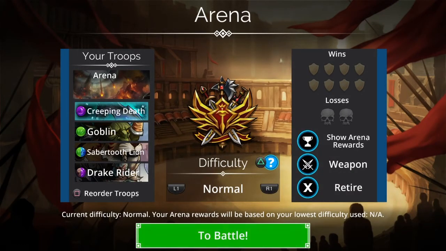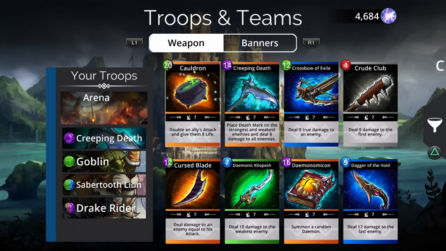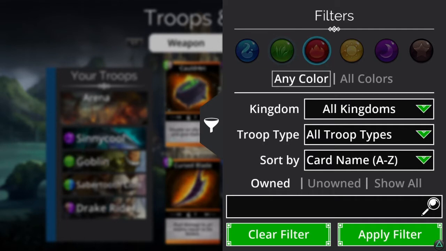I almost accidentally exited out of arena for some reason. I'm trying to change my weapon, and I forgot that you have to go way over to the right now to change your weapon. So now we're going to pick our hero's weapon based on the troops that we picked. So we have a green Goblin, a green and blue Sabertooth Lion, and a brown and purple Drake Rider. So we're going to want red, yellow,